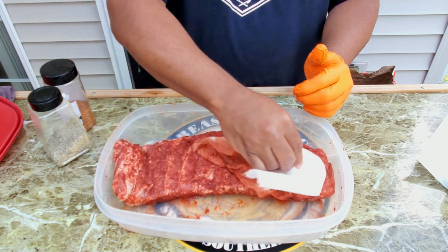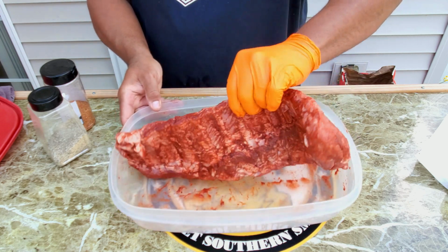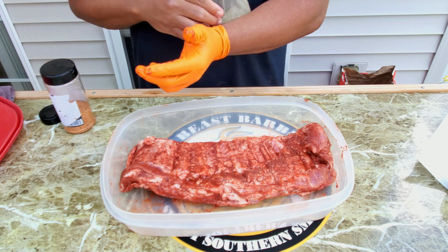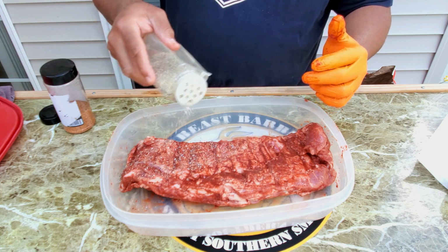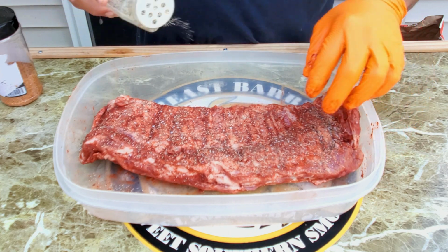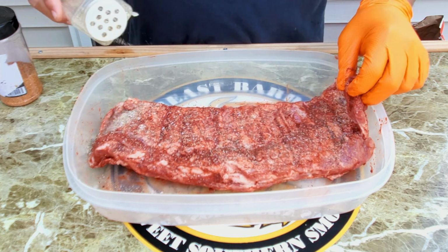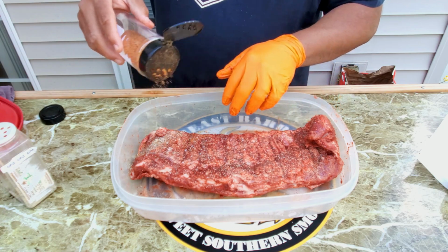All right, so we got some of the excess paste off. And if you like Indian food, then I think you're going to like this tandoori paste. We put this on some chicken yesterday, and it came out really good. We also added the sweet heat rub, but I think it needed a little bit more salt and pepper. So that's why we're putting this light layer of SPG on here first. Not too heavy. And then we're going to come behind it and we're going to put this Bad Beast